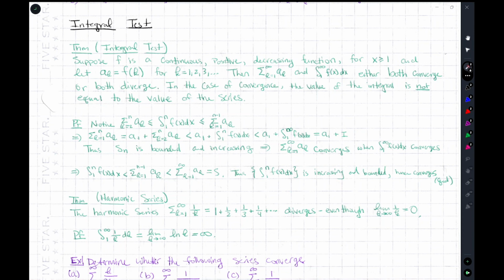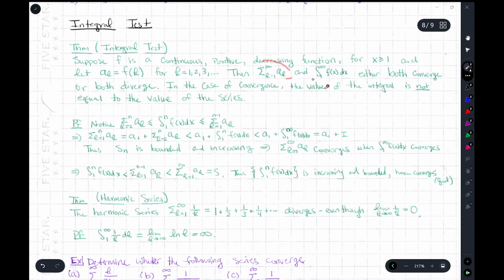All right, so let's talk about the integral test. So it's important to focus on the hypotheses here. Suppose f is a continuous, positive, and decreasing function, okay? For x greater than or equal to 1. And let a_k be equal to f(k), okay? So this is a real function where at the integer values you could express your sequence, okay? Then